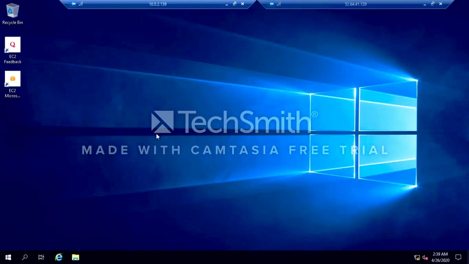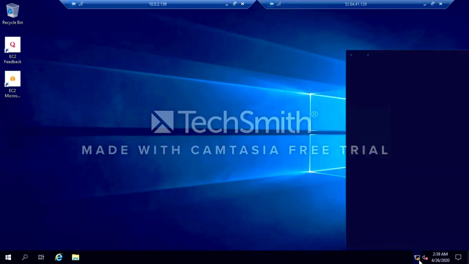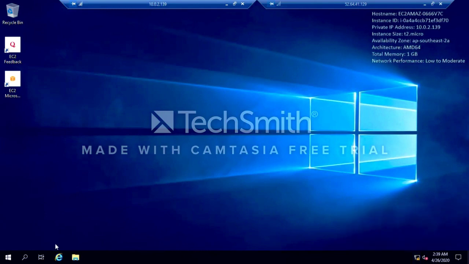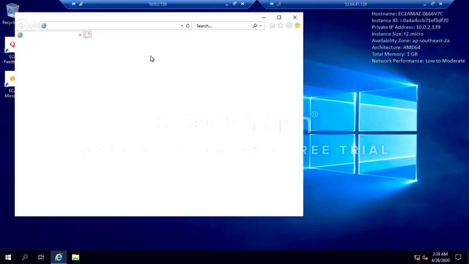Right now we are here in our private server, and you can see there is a mark here, it says no internet access, because we didn't assign it any internet gateway. So if supposedly we open the internet browser,